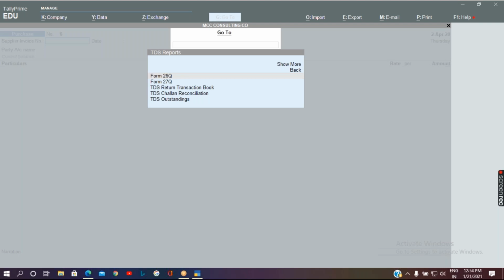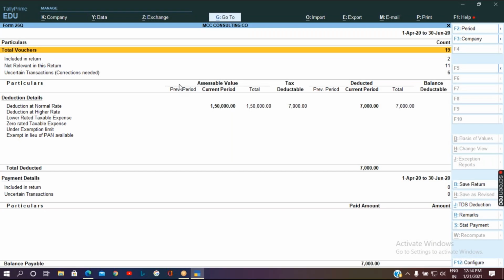While selecting the deductee type when creating the party ledger, you will be asked: company resident or company non-resident, individual HUF resident or non-resident, and so on. If you selected resident, then whatever TDS transactions are done using that party ledger will be shown in Form 26Q.